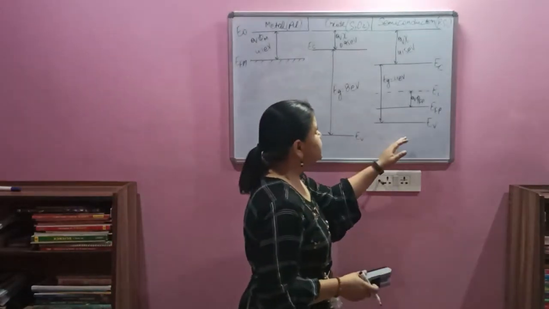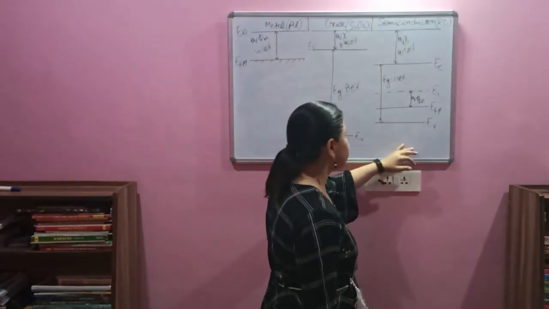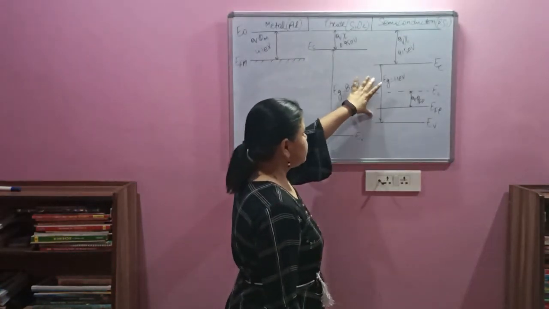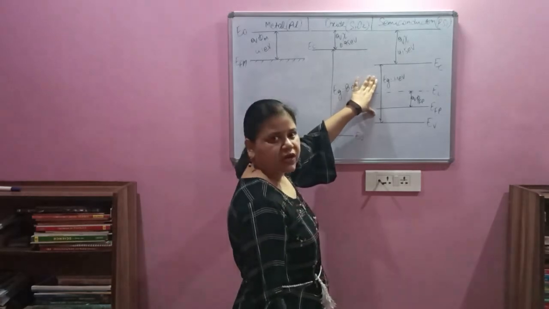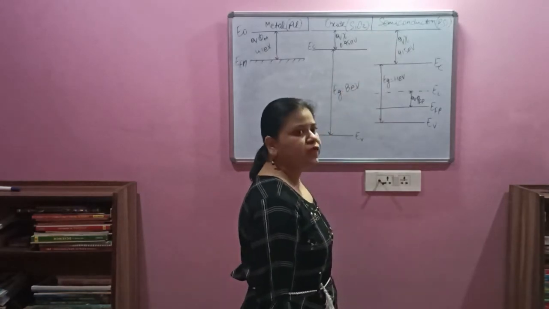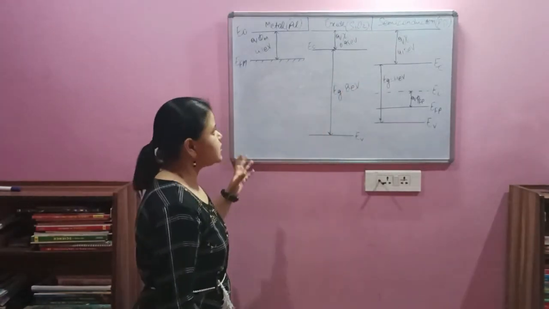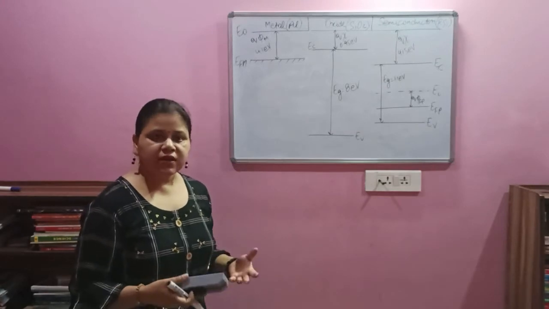Now coming towards the semiconductor side, where I have taken a P-type semiconductor example. In the case of silicon, the band gap of the silicon is 1.1 electron volts. The electron affinity is 4.15 electron volts. Now this is a structure which we have to combine together to make a conducting device.